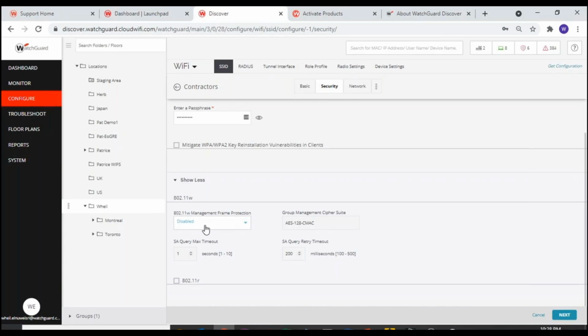It is disabled by default. If you want to enable it, you have the option here to go with required. If you say required, it means only the clients that can support these features will be able to communicate with the access point. If you put optional, it means it's optional. So if a client that is up to date supports this feature, then it can be connected. If they don't support it, they also can be connected. When it comes to the communication, as you can see in here, it's also using encryption. So if I leave it as optional in here,